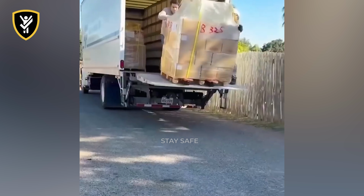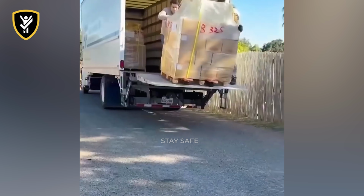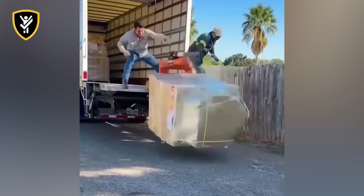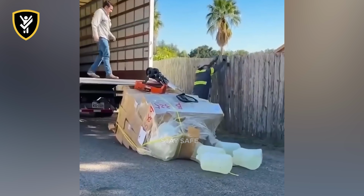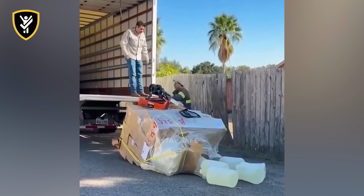At a curbside delivery zone, a high-risk attempt to maneuver an oversized pallet off a truck's liftgate becomes an important safety example when the cargo unexpectedly tips. Pushing an unbalanced, top-heavy load beyond the structural edge of a hydraulic liftgate creates an immediate, uncontrolled shift in its